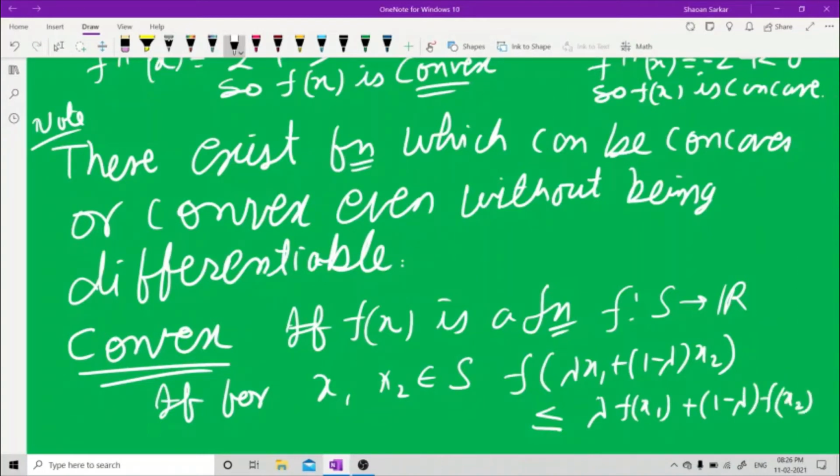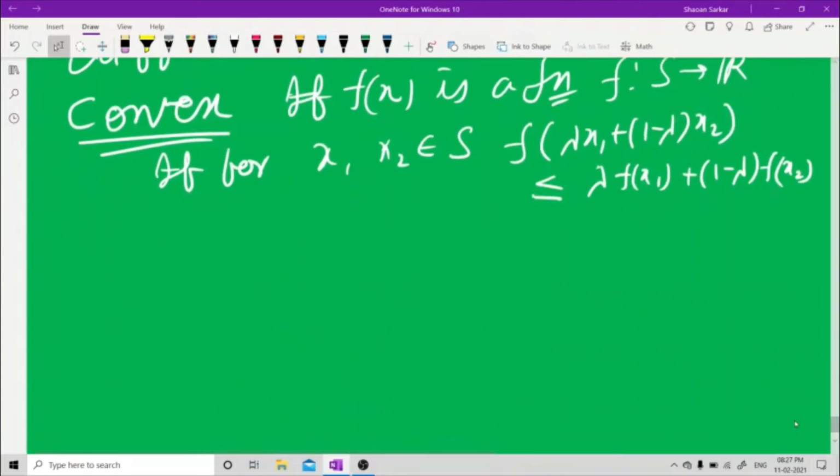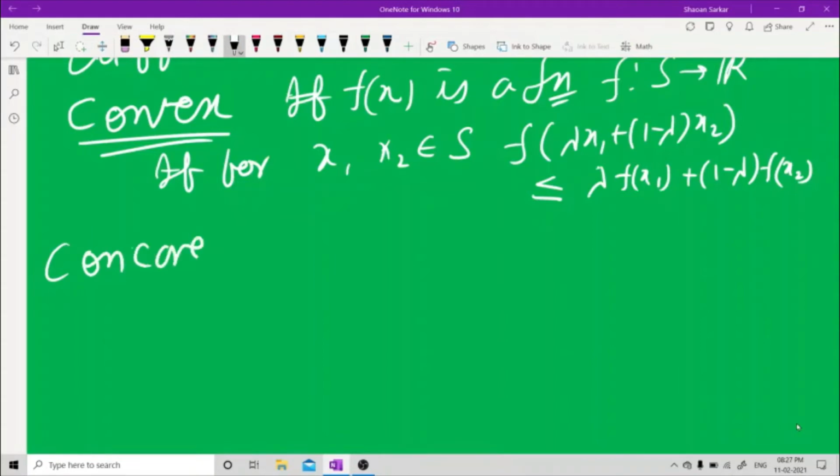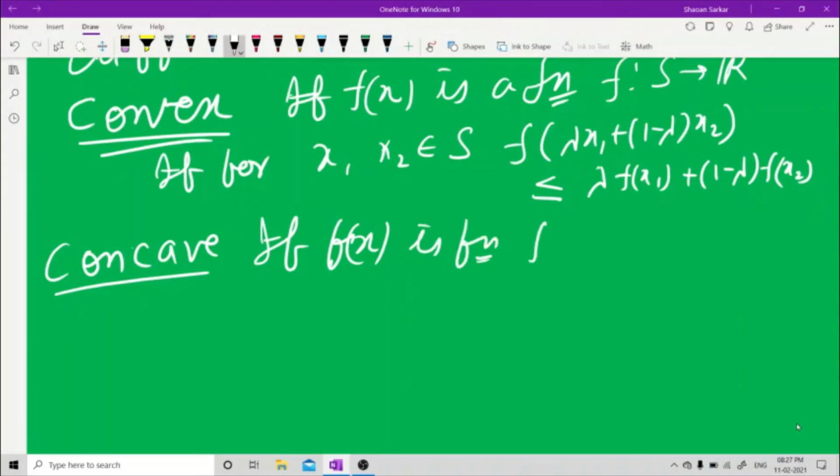This is the definition of convex. And the definition of concave: if f is a function from S to R, in the same way, if for x1, x2 belonging to S,